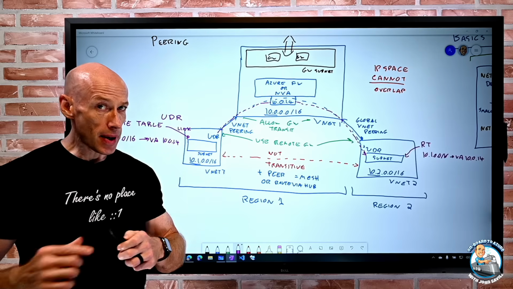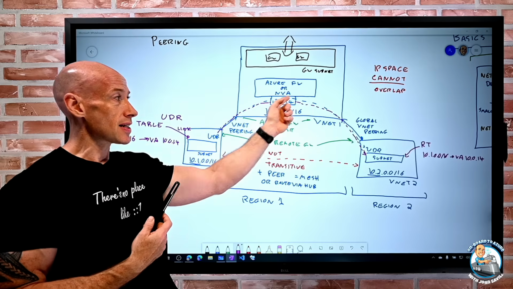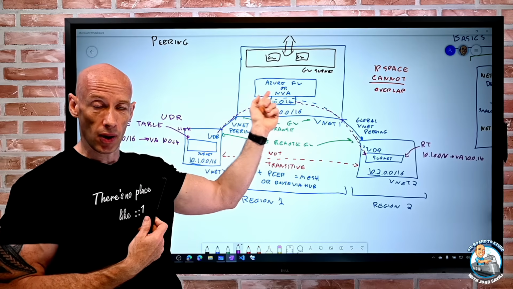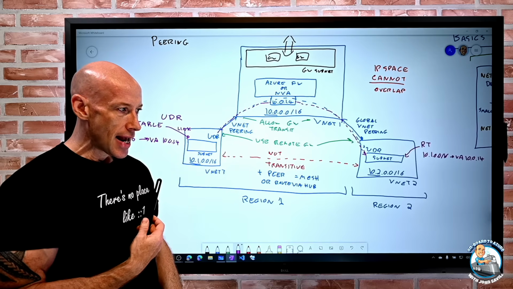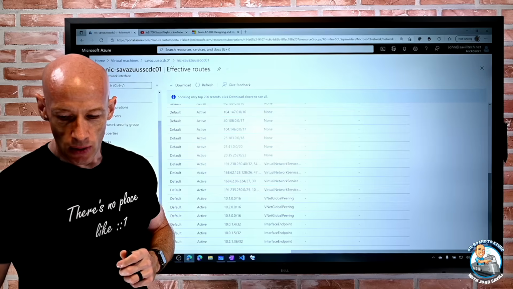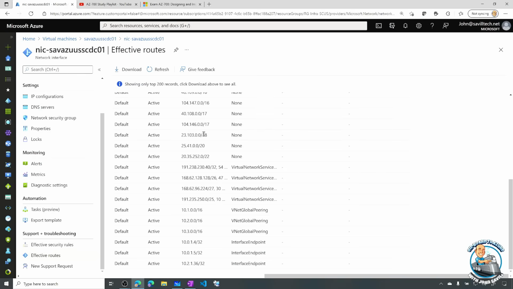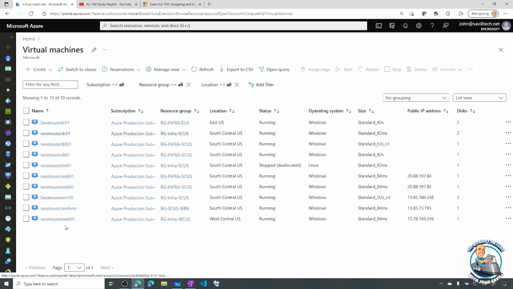So I'm linking it. I want to make sure it's symmetrical. I want to make sure it flows in the same direction, especially as this is kind of a stateful firewall or virtual appliance. It needs to see the traffic going in both directions. And again, remember, I could look at those effective routes as I was showing here to actually see what is happening. So if we look at a different virtual machine,